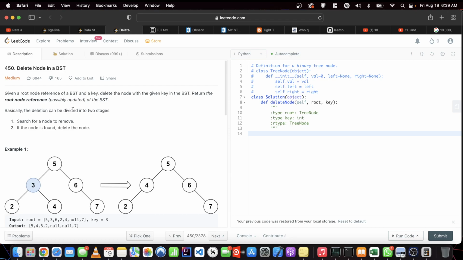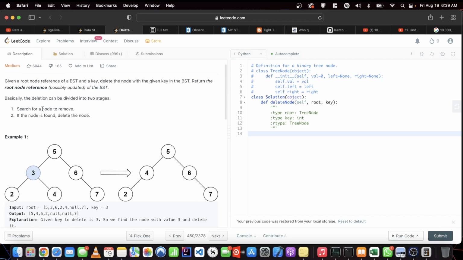So basically the deletion can be divided into two stages. Search for a node to remove. If the node is found, delete the node. So there are going to be four situations of deleting a node. If it's this node, right? So we're going to do a